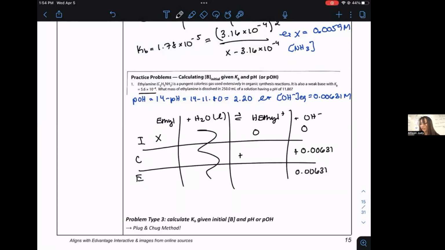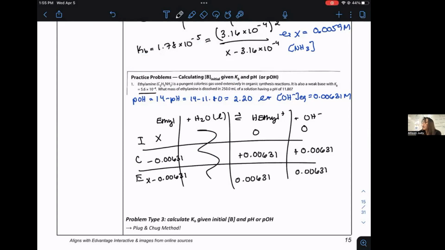So I'm going to also get an addition of 0.00631, and that means going to leave me with an equilibrium value for the concentration of protonated ethylamine at 0.00631. And then stoichiometrically speaking, I'm going to lose that amount in concentration of my original base. That's been transformed now to 0.00631. So X minus